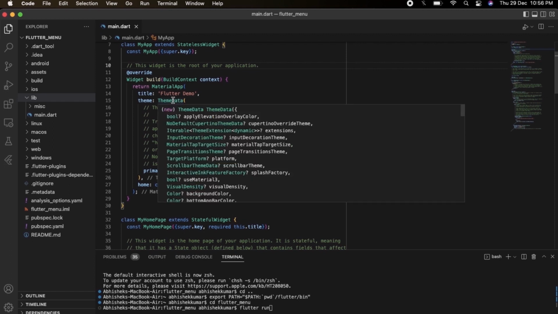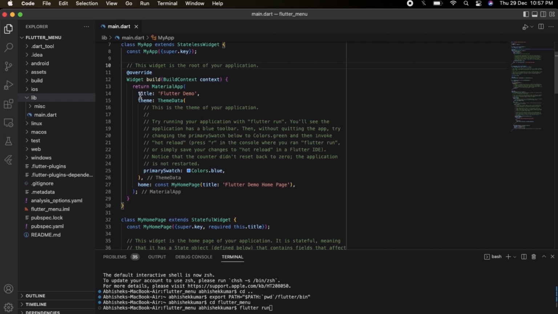Okay, so number 1 was material app, and the important properties are title, theme, and home. That is there when we build the first skeletal app. The second important